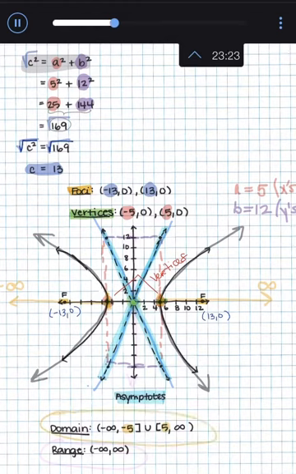However, because our graphs shoot out left and right, they actually go up and down forever. So if you were looking at the range, and how far up and down they go, it goes up and down forever, which is why the range is negative infinity to infinity. Let's look